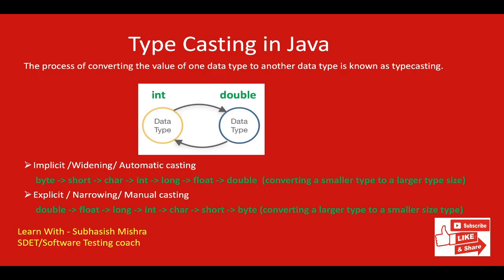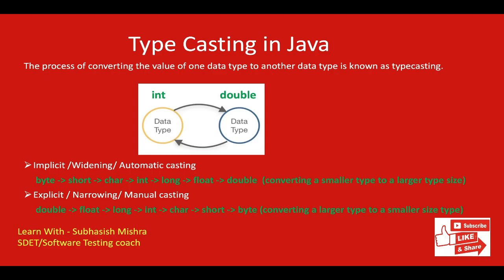So what is implicit casting? Assigning a smaller data type to a bigger data type is called implicit casting. Implicit or widening conversion takes place when two types are automatically converted. This happens when we assign the value of a smaller data type to a bigger data type. The two data types are compatible. What does compatible mean here? For example, in Java, the numeric data types are compatible with each other, but no automatic conversion is supported from numeric type to char or boolean. Also, char and boolean are not compatible with each other.